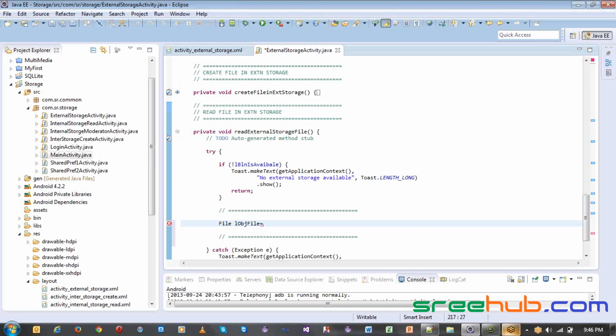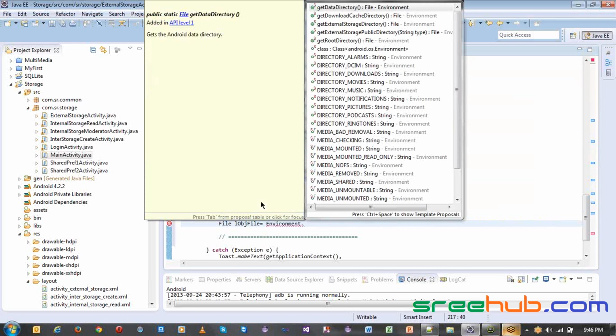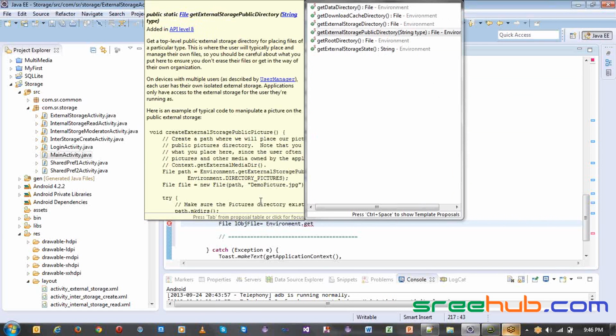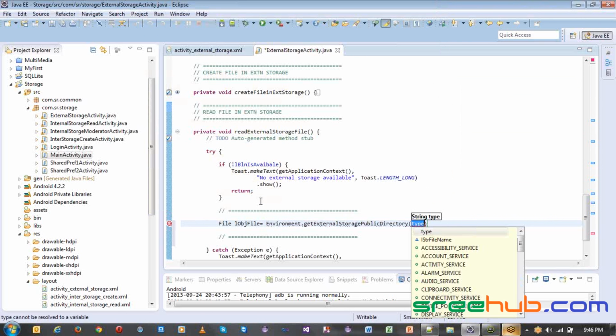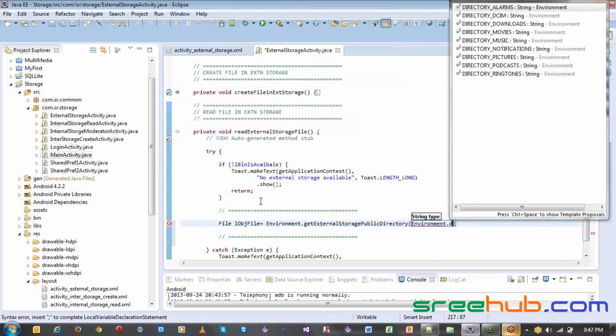So let's say I'm going to give environment dot something called get storage public directory, right? And here let's select the same directory which we have used as directory dot